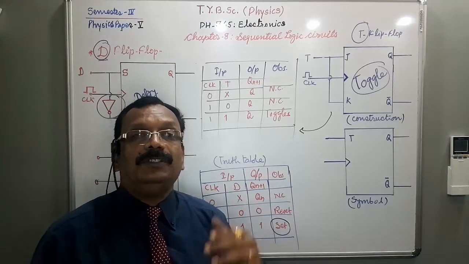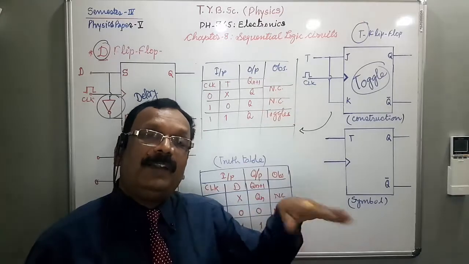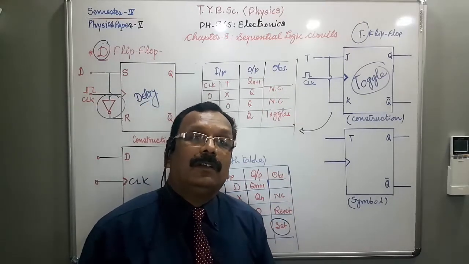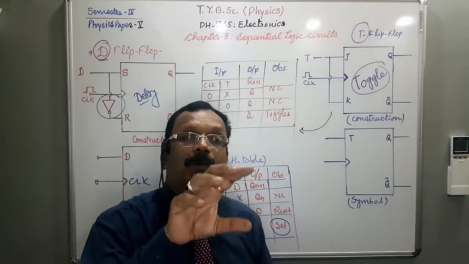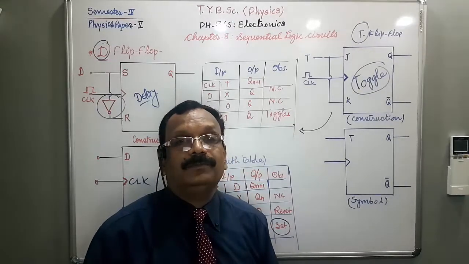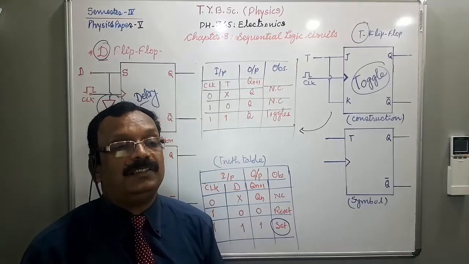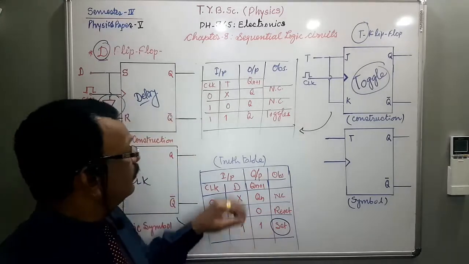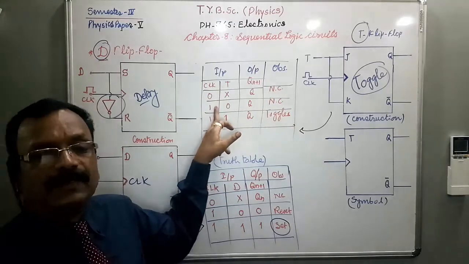because when Q is 0, it is fed back to the lower AND gate, and 0 at the lower AND gate produces again 0. So output will not change. But when clock pulse is high, so here, there is no change. When clock pulse is high